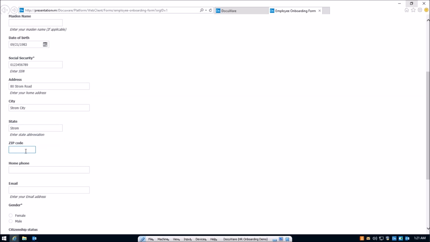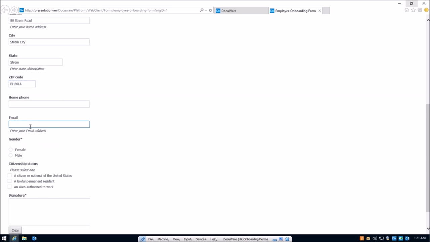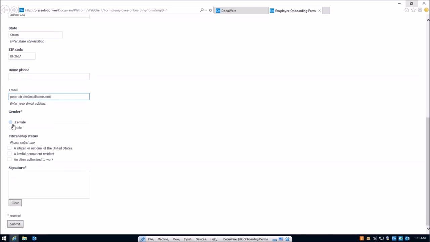We'll just fill out this information quickly. And his email address. And then just finally his gender and that he's able to work as a resident in the country. Now this signature box can be activated or signed with a finger on a mobile device or tablet. In my case, I'm just using the cursor of a mouse, so I'll just do a best effort signature there